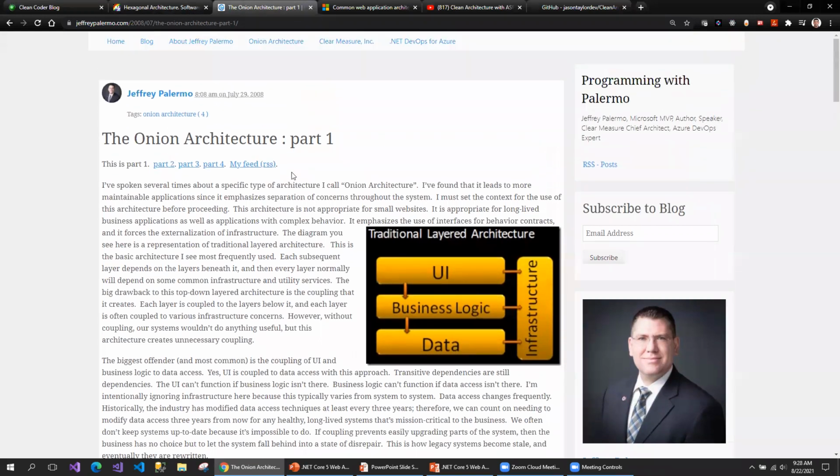Jeffrey talks about the onion architecture, and how that evolved from the traditional layered architecture. In the traditional layered architecture, he points out the drawbacks. You will see the UI project, the business logic project, and the data access project, and these are all integrated with the infrastructure project.